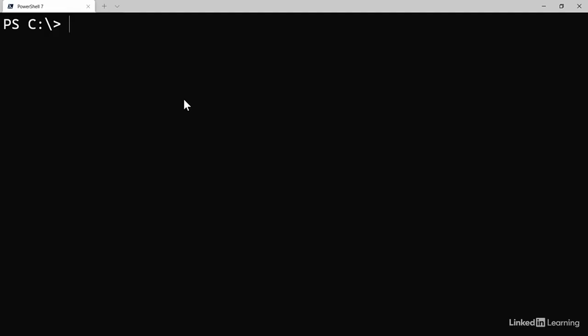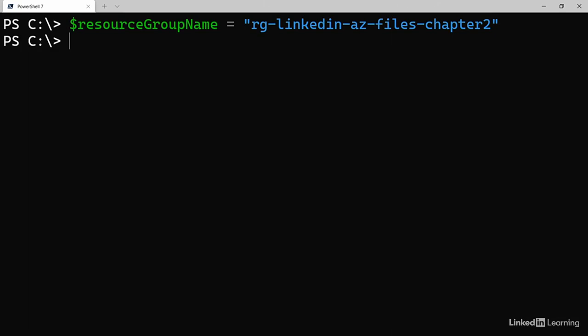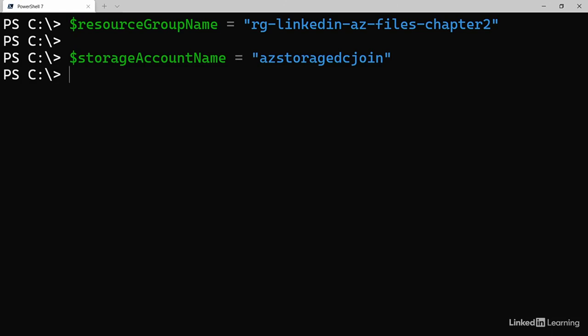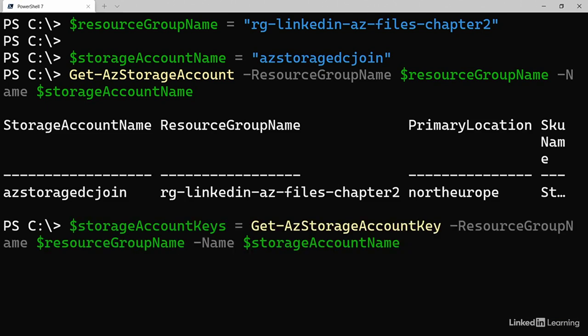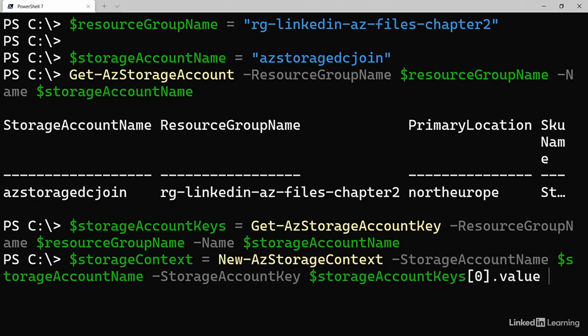To create a file share with PowerShell, first you need to gather the storage account name and the storage account key. I will start by setting the resource group name variable and the storage account name. Then I will get my storage account resource using Get-AzStorageAccount, and then I will get my storage account keys and store them in a variable called storage account keys, and then I will get my storage account context and store it in a variable,